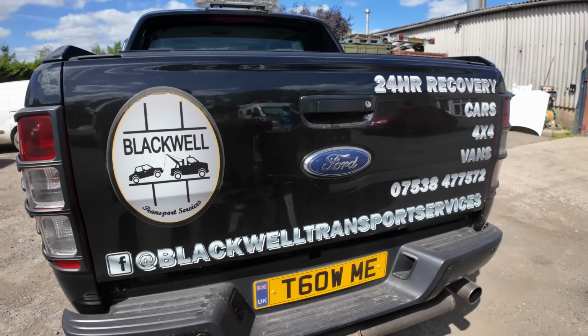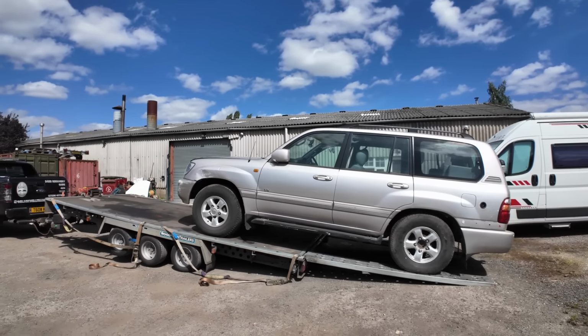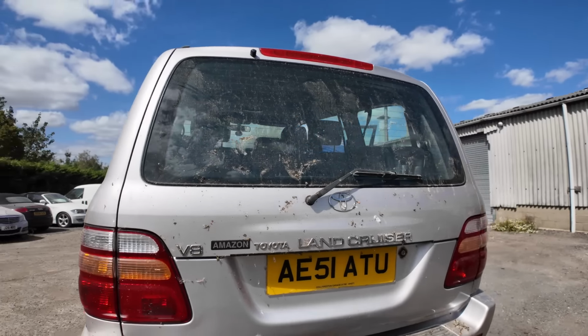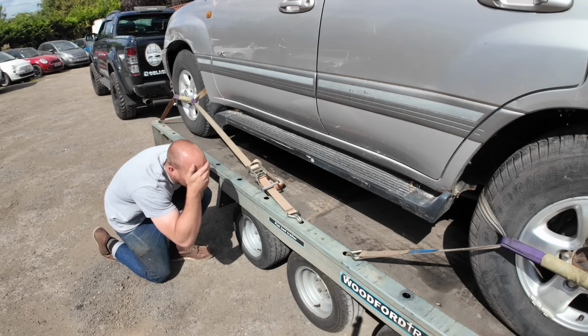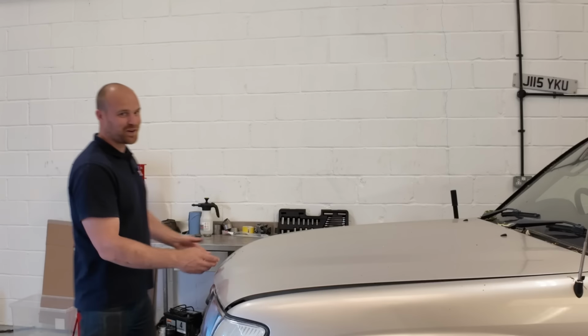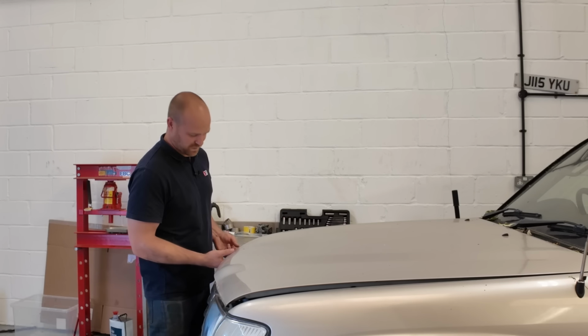because it was time for Wayne from Blackwell Transport, my go-to guy, to get the old girl loaded onto the trailer and taken back to my workshop. And whilst it was up on the trailer, I did manage to build up just enough courage to check out the rust situation. Yeah, no, it's absolutely perfect. No rust, nothing. Yeah, pretty pleased. Pretty pleased with that. Okay, I'm not gonna lie to you, I am excited. I am excited for this one. Where's the...